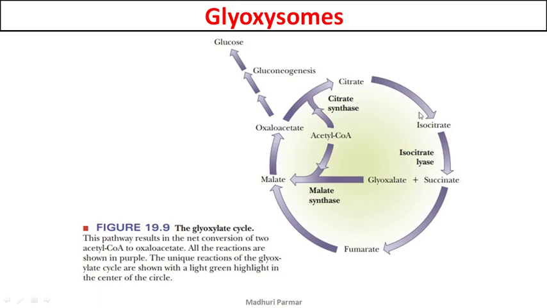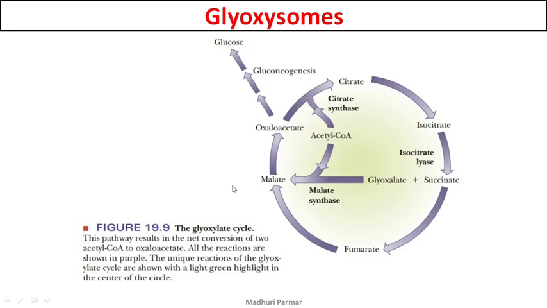This is the normal TCA cycle. Can you see? Citrate, isocitrate, succinate, alpha ketoglutarate, etc. So this will be your TCA cycle. What the glyoxysomes do is this TCA cycle will run by fatty acid oxidation also. But when it reaches this stage, from isocitrate it forms succinate plus glyoxylate, and this glyoxylate will fuse with one more acetyl CoA,